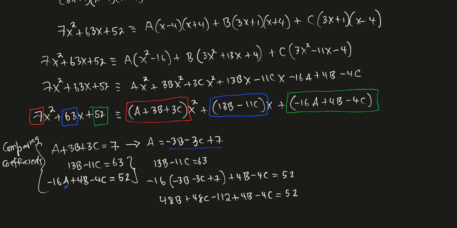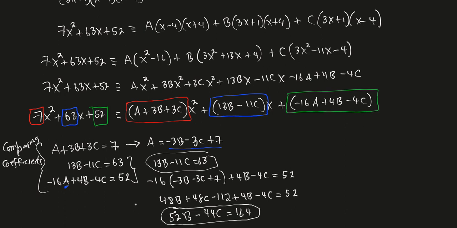Let's collect the like terms and then move the constant over. So we have 48b plus 4b, so that's 52b. And then we have minus 44c. And then add 112 to both sides, so that gives us 164. So we have this equation now, and then this equation now,